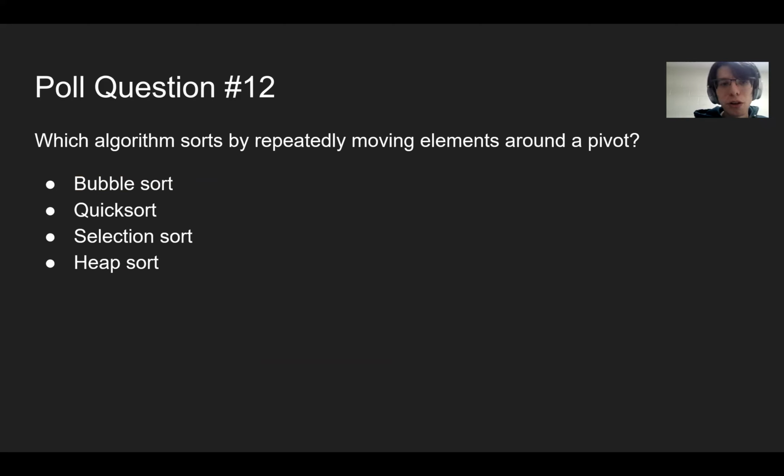Okay, so which algorithm sorts by repeatedly moving an element around a pivot? Pause and try and answer this one as well. Okay, and the answer for this is